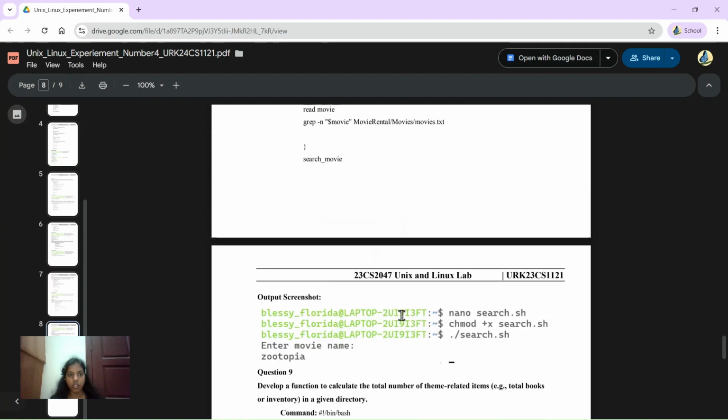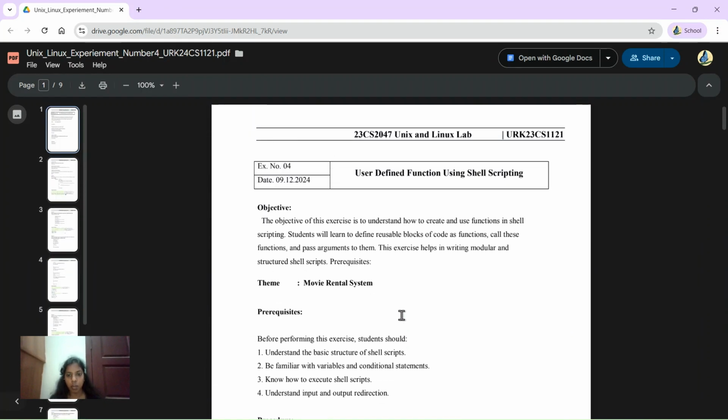This is all about the fourth experiment. So basically, this experiment is about creating and using